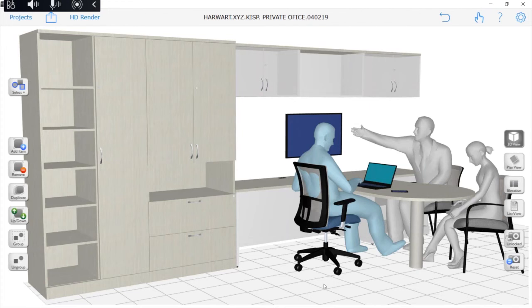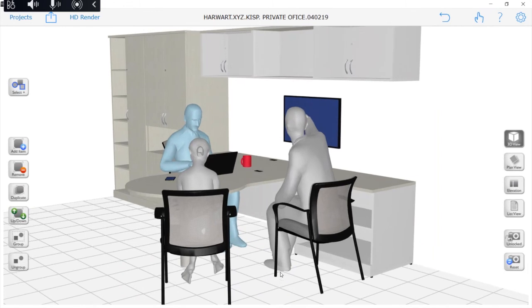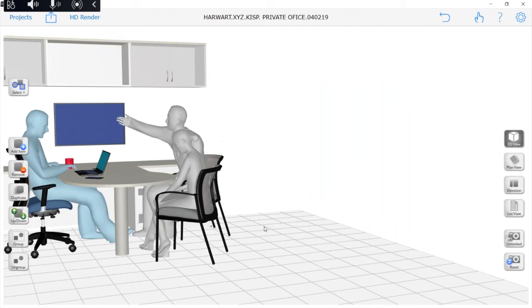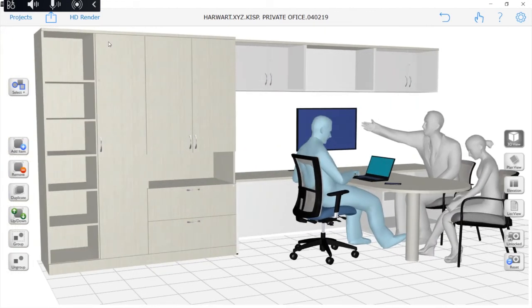Here, if we take the position of the rendering in the perspective view of the clients coming in, I get a focus of the people that are within the space. If I turn it around, they're sort of far removed, and what I see is more of the furniture. Okay,